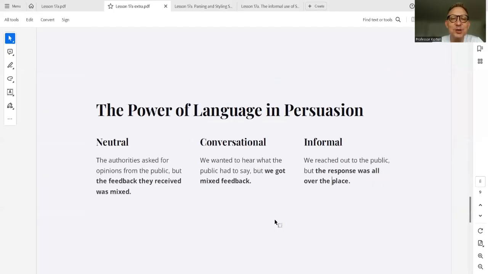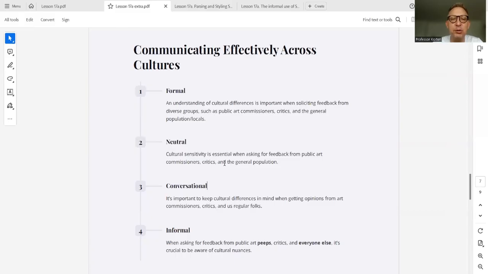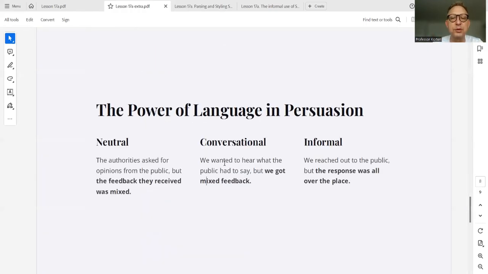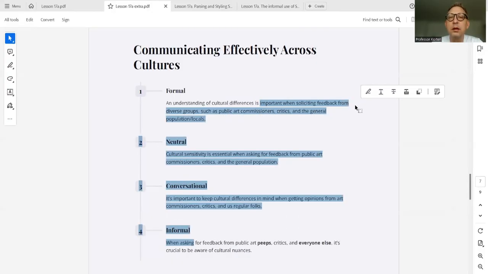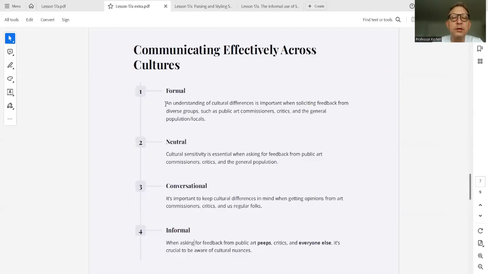So this is, maybe I'll have you look at this a little bit later, and we'll just do one more. I'll let you look at this page on your own. It gives you the 4 different levels of communication, so sort of the same idea, and it gives you 4 different examples. Okay, interesting.